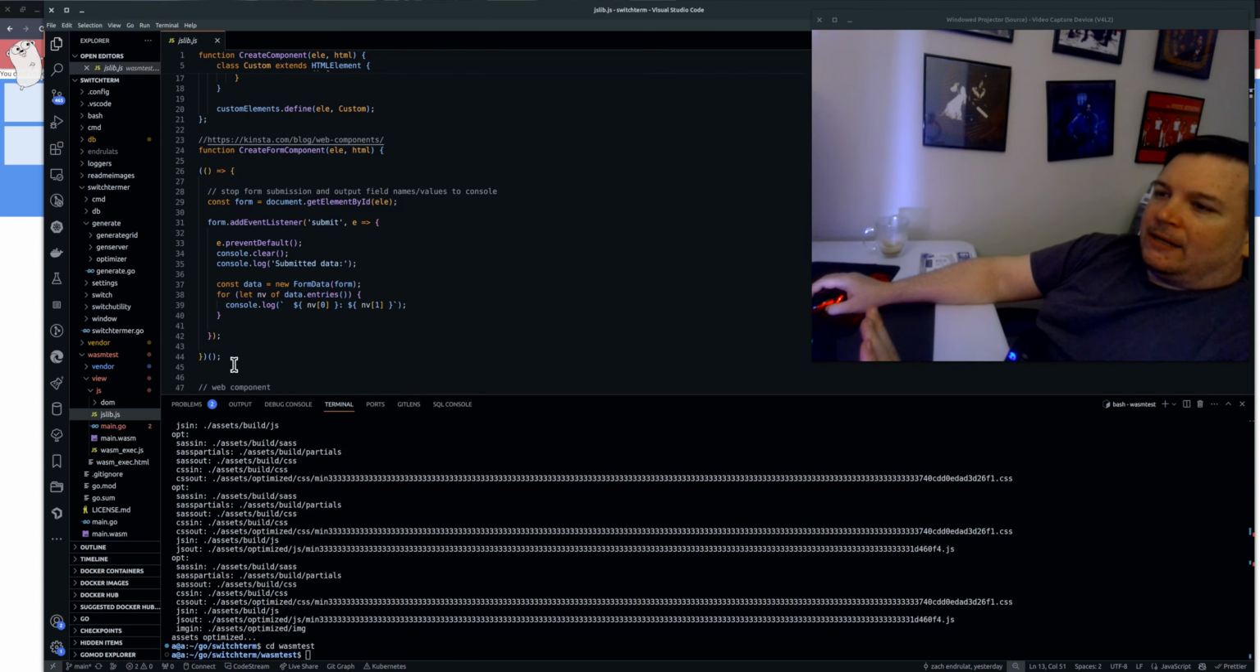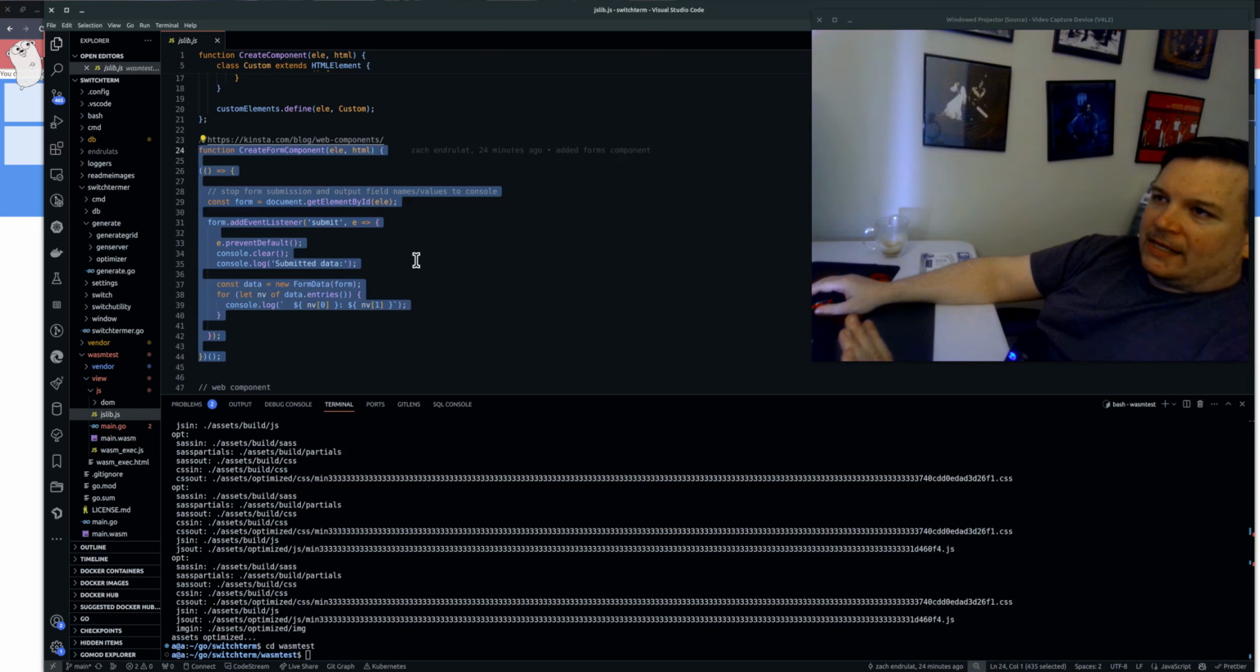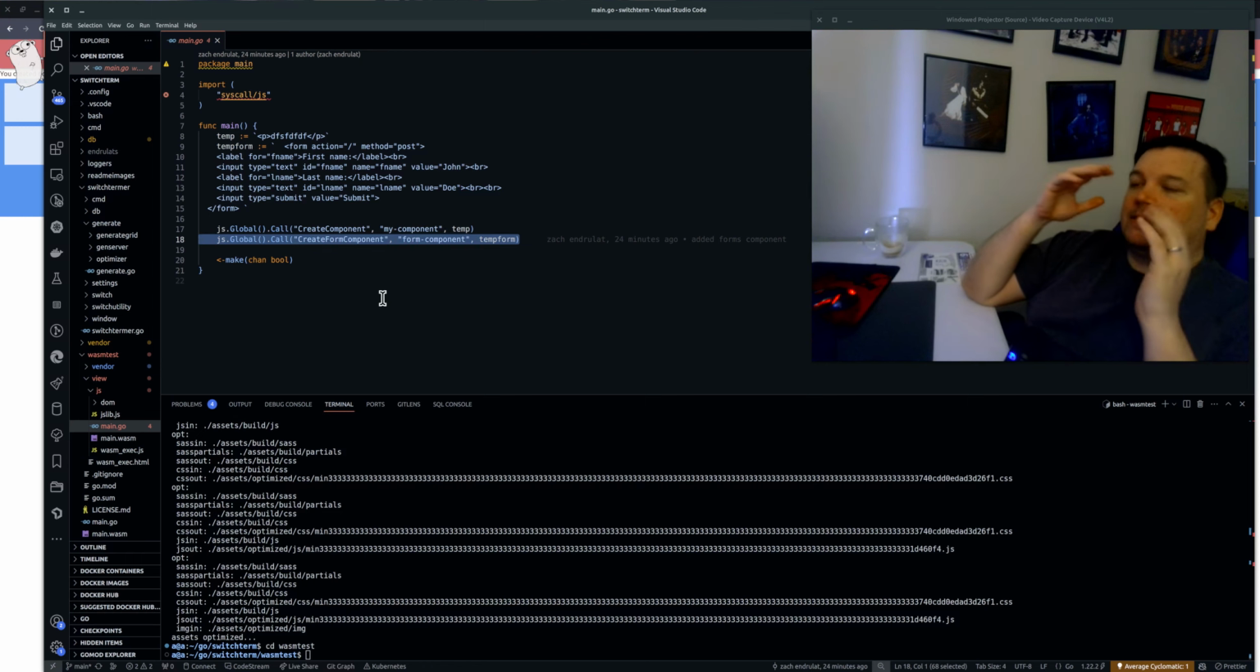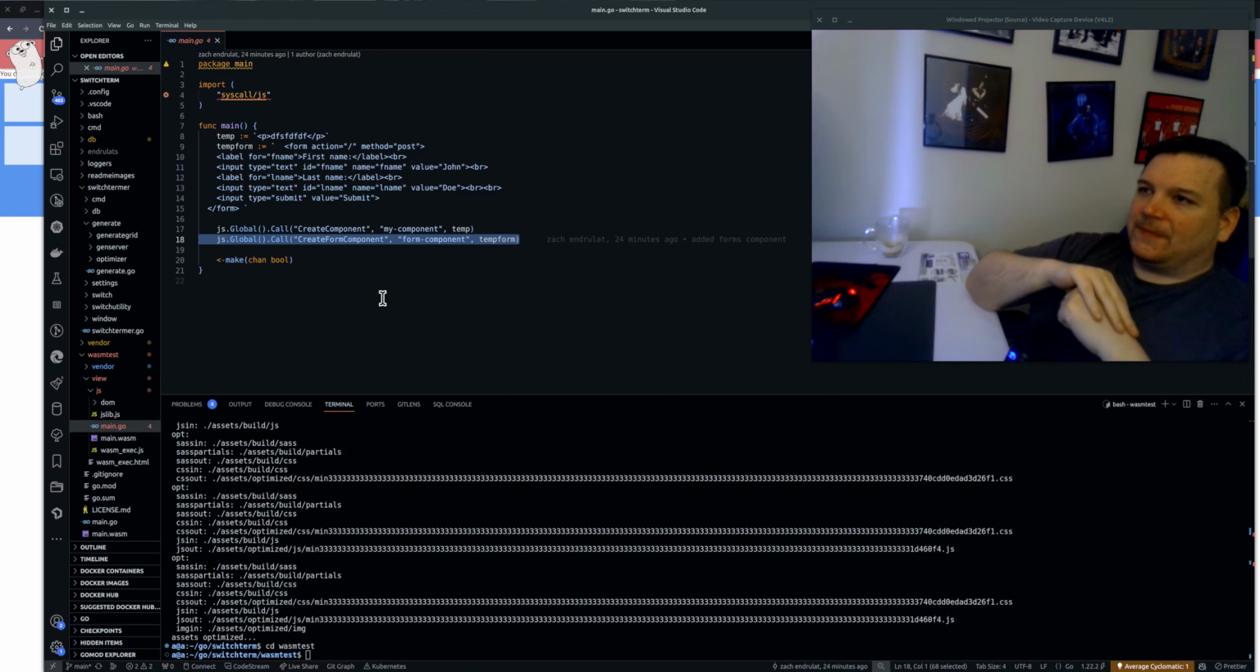Anyways, here's a form one that I was kind of testing out. Basically, you just add this in order for it to inject the HTML, like the form one. Here's a function to create a form component. And so why set this up like this? It seems kind of like